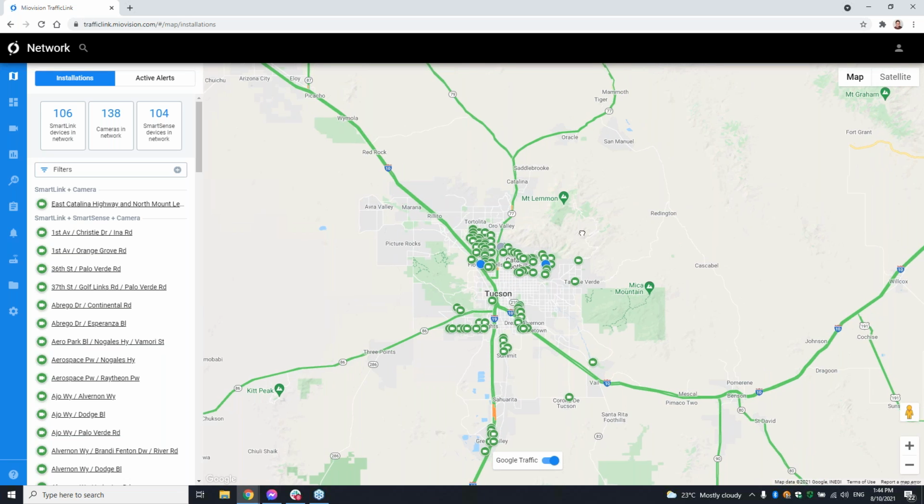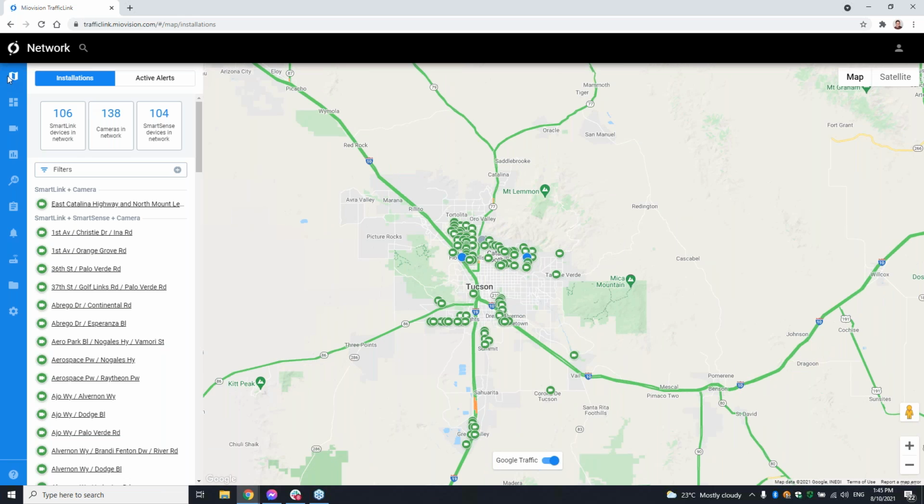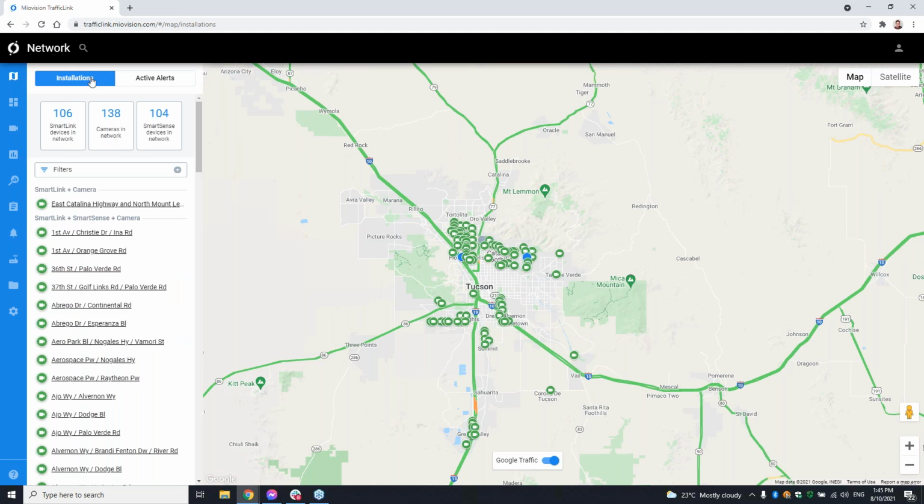So I just logged into TrafficLink, and if you're a performance measure user, you'd be familiar with some of this. Along the left here, we have all of our major global icons. Your first context is just your main map, and then with your deployments on it, you could look over to where the alerts in my intersection are from an infrastructure perspective. So like, is everything working in my intersection as expected? Because that is one of the starting points of the data.